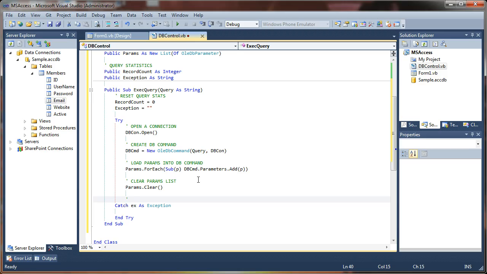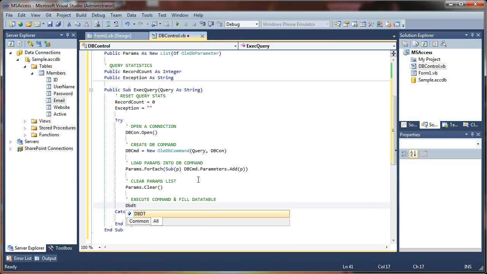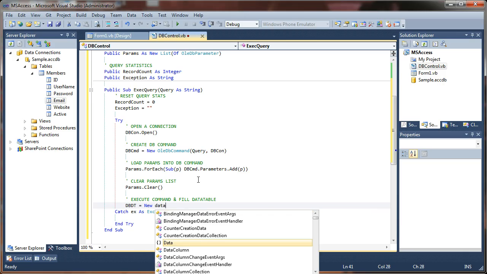And next up, finally, we're going to execute our command and fill our data set. Okay, or I guess in this case it's a data table. So we need to create a new data table first. We're going to say db dt equals a new data table,